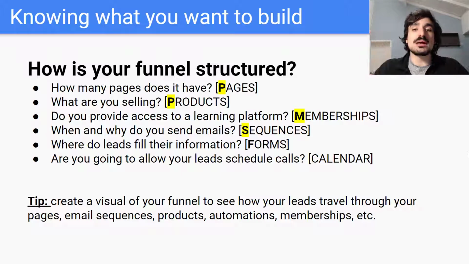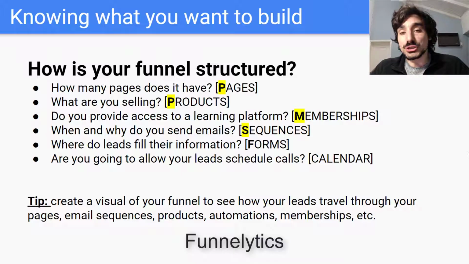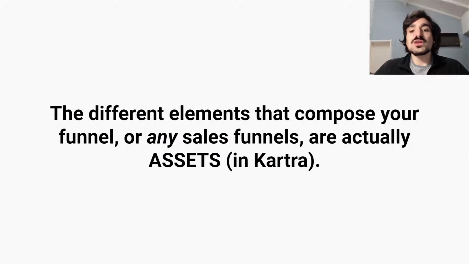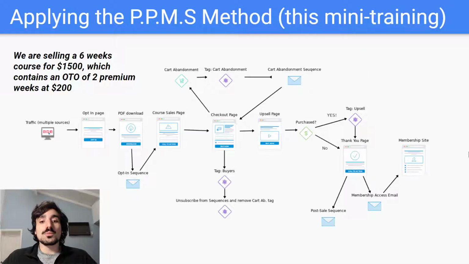By creating a visual, I mean draw your funnel on a sheet of paper, or use Funnelytics, which is a tool I'm going to show you right away, or use a whiteboard, for instance, to know how your system is going to work. This will help you understand what kind of assets you need to build. So the different elements that compose your funnel, or any sales funnel in general, are actually called assets in Kartra. And you have already realized that, because we were talking about pages, video, products, membership, email sequences. Those are assets in Kartra. So in this slide, you are seeing the funnel that I'm going to be building with you in this mini training